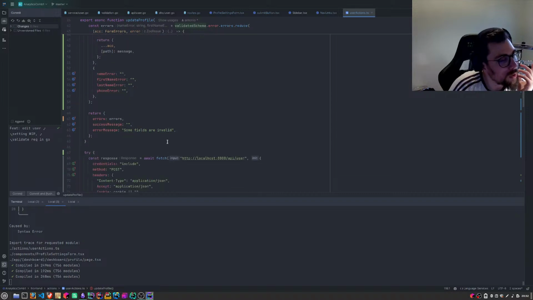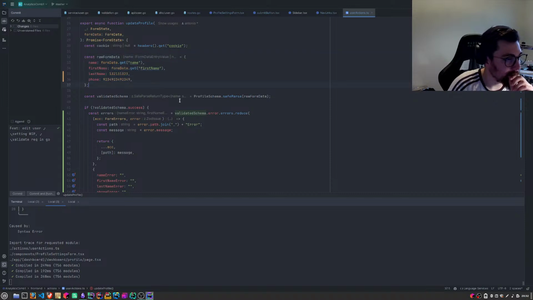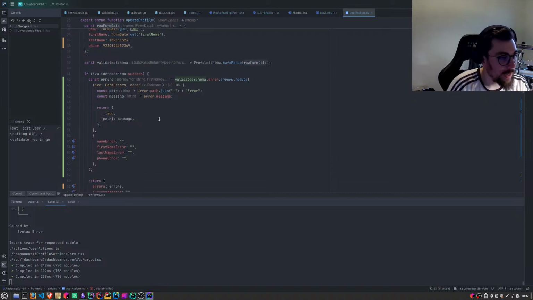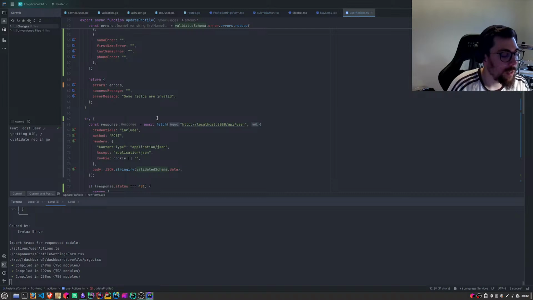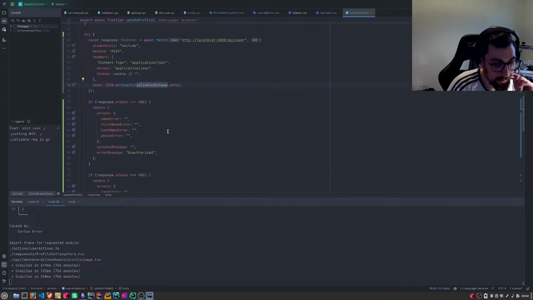So before doing the request with Zod, we validate the schema, or we validate this data, the raw form data basically. If that's correct, then we send it to the backend. We send validated schema.data to the backend, and first the auth middleware runs, and if that's cool, then the handler runs.